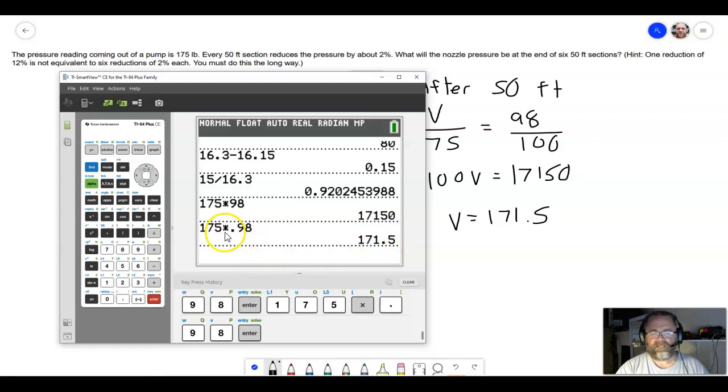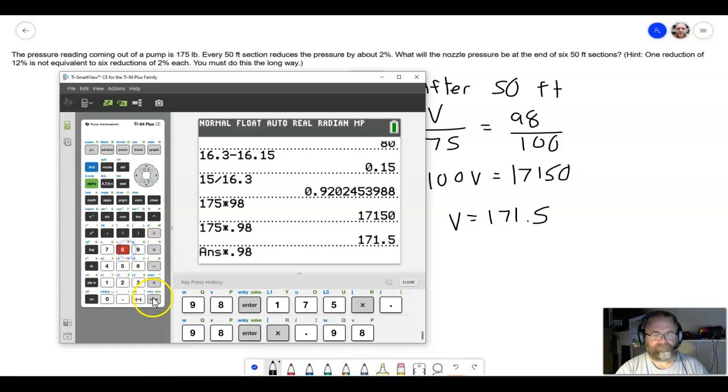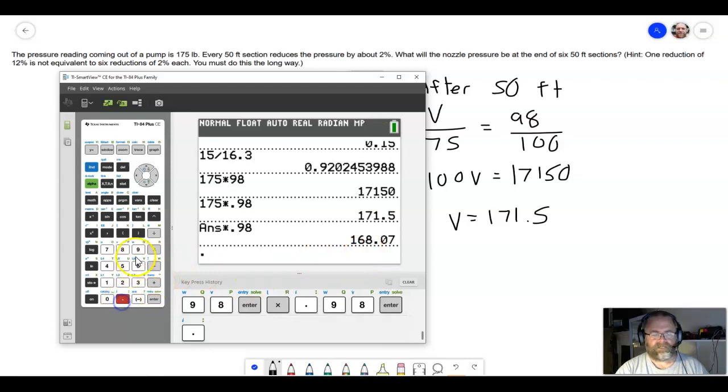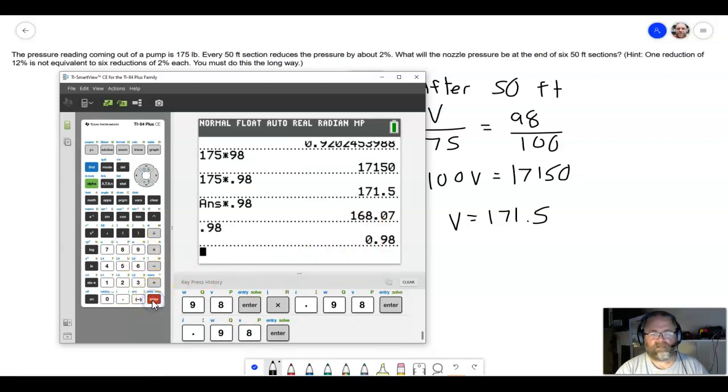So for the rest of the calculations, I'm just going to basically use the shorthand or shortcut product here, and that's I'm going to take the new amount and multiply it by 0.98. So this was the first section, so the second section we're going to multiply that by 0.98 again, and then we're going to multiply that for the third section by 0.98, and then for the fourth section by,